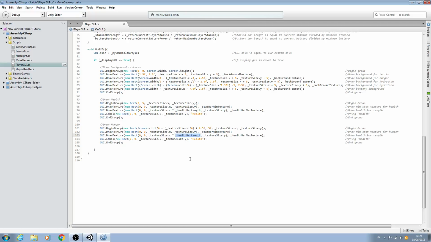We need to change the length here, so we'll change health bar length to hunger bar length, and of course we'll change the max texture to hunger bar max texture, and we'll change the comment here, and again for this label we can just change health to hunger,